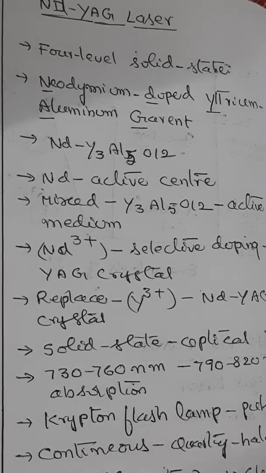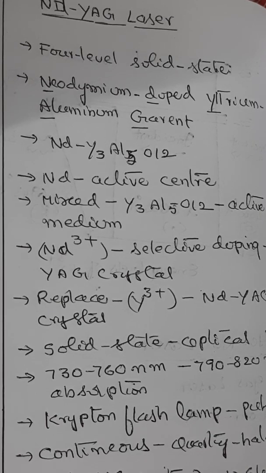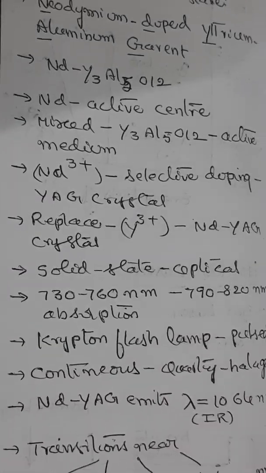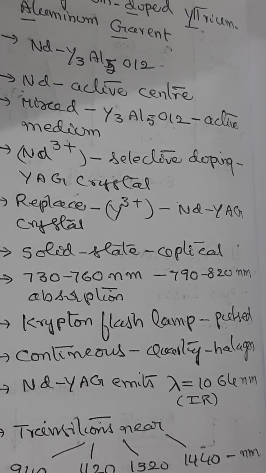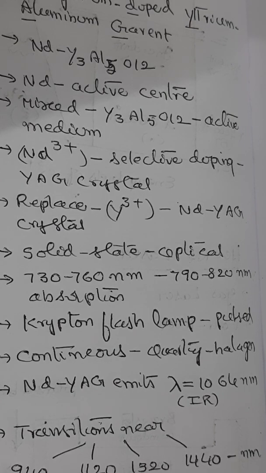Pumping can take place here very interestingly. We know that Nd:YAG being a solid state laser, pumping could be done only by optical means. So Nd:YAG absorbs mostly in the bands between 730 to 760 nanometers and 790 to 820 nanometers. So krypton flash lamps with high output at these bands are therefore more efficient for pumping than neon lamps. Neon lamps only produce white light, resulting in the loss of energy.